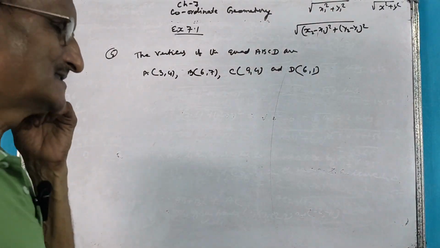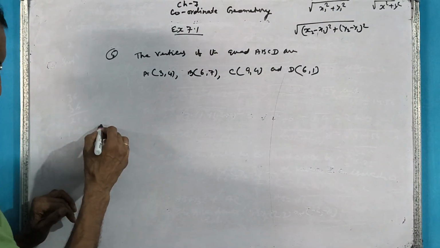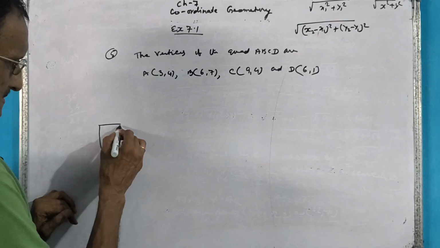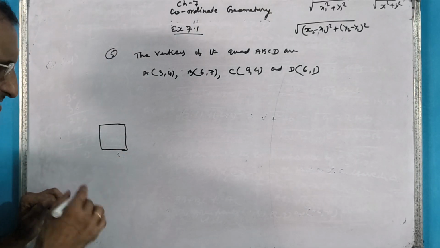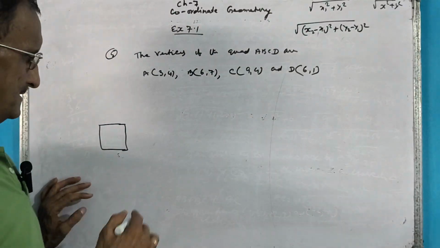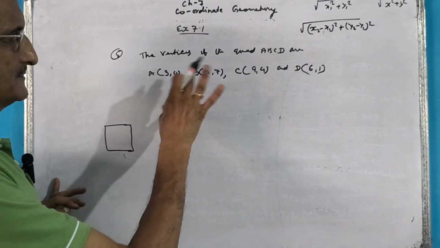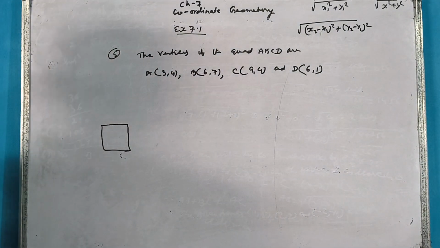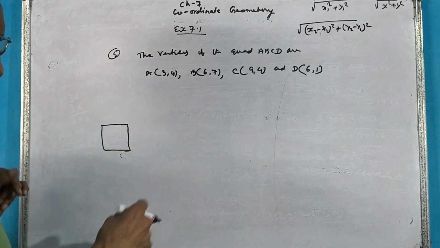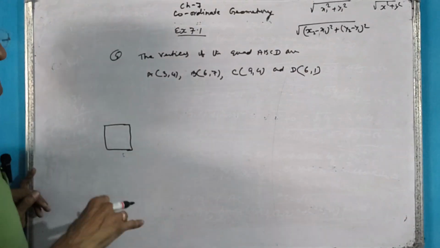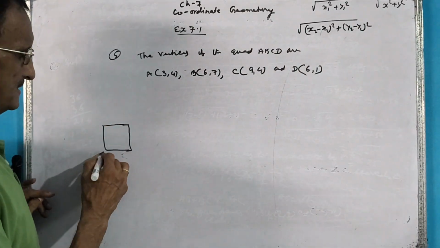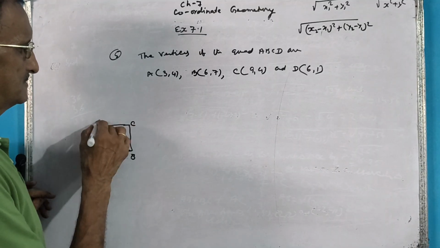Now, on what condition will a quadrilateral be a square? You know each angle is 90 degrees. We don't have the angle calculation here, so we can use the distance formula. We could also use the Pythagoras theorem. But ABCD will be a square if, first, all the 4 sides are equal.